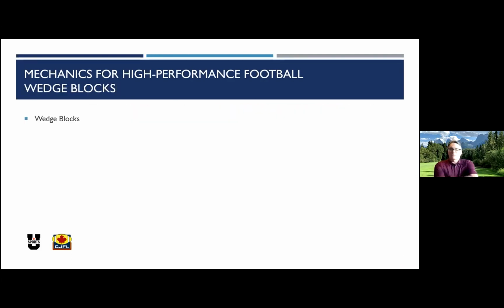Okay, wedge blocks seems to be the topic of the day. I know Kelsey's going to talk about wedge blocks in quite a bit of detail in the next section, and the rule and the interpretation. I don't want to get into that in this particular thing. What I do want to talk about is how do we cover it. Okay, so